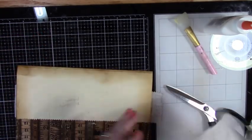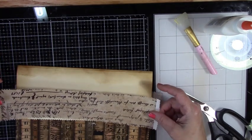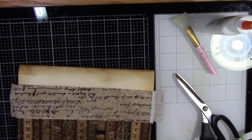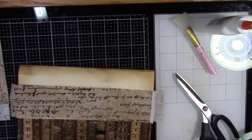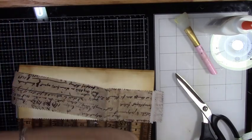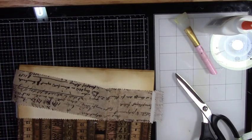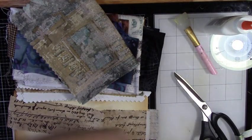Shoot. Okay, so I'm going to go ahead and cut another piece for here. Alrighty. Alrighty. These can go back. Okay. And let me pull this back out again. I wonder...